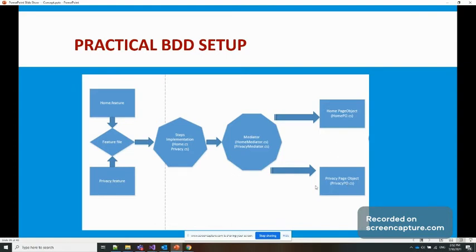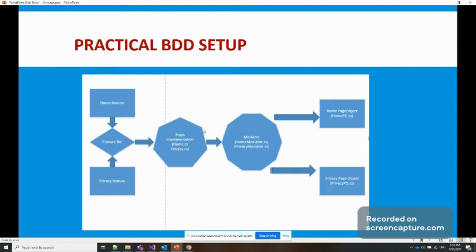And we are going to call or access that text or the labels, everything, in this mediator. And whatever methods the mediator exposes as public methods, we directly use in home.cs as the step file.